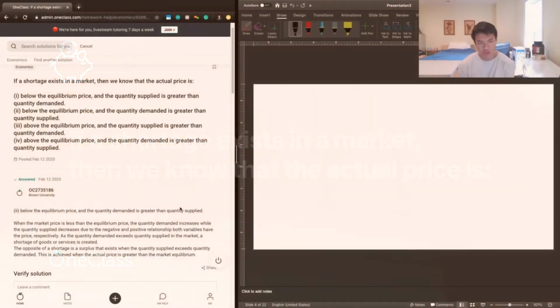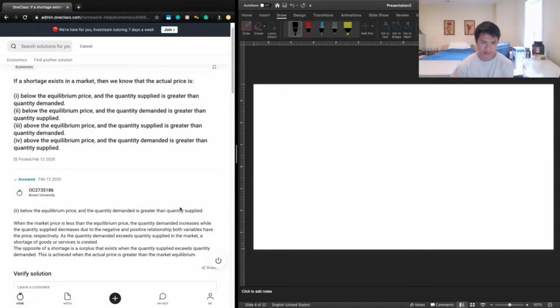If a shortage exists in the market, then we know that the actual price is below the equilibrium and the quantity supplied is greater than quantity demanded; below the equilibrium price and the quantity demanded is greater than quantity supplied; above the equilibrium price and quantity supplied is greater than quantity demanded; and above the equilibrium price and the quantity demanded is greater than the quantity supplied. And so what we really want to do here is figure out what does the shortage look like,